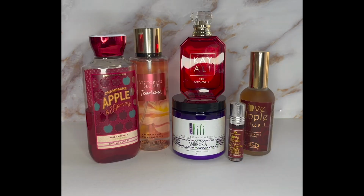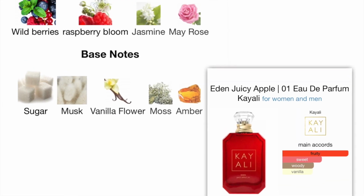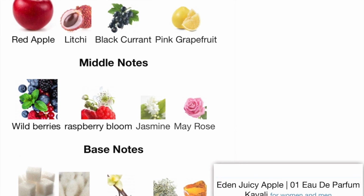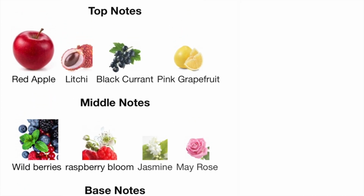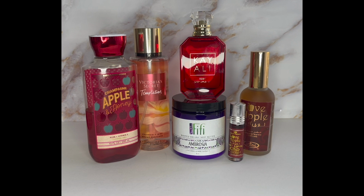And so then after that, I top that off with Kayali's Eat and Juicy Apple. And the fragrance notes for that, the top notes are apple, lychee, black currant, pink grapefruit. The middle notes are wild berries, raspberry bloom, jasmine, May rose. And the base notes are sugar, musk, vanilla flower, moss, and amber. And so that combination right there is what I wear